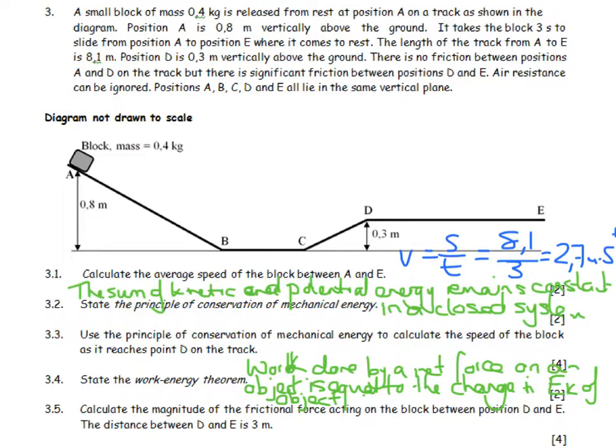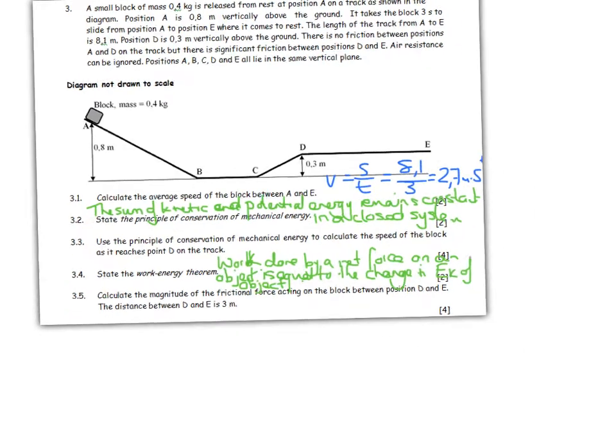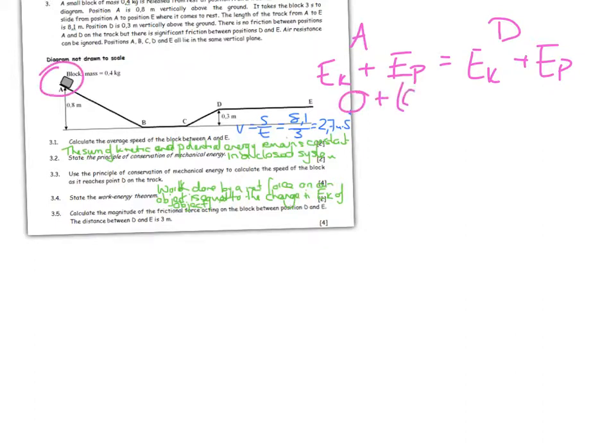So we are going to need to consider both kinetic and potential energy in this as we consider the two together. So it's going to be at point A and at point D. The kinetic energy plus the potential energy is equal to the kinetic energy plus the potential energy, and that is going to be, there's no kinetic energy, it's standing still over here, so it's 0 plus mgh, 0,4, 9,8, and the height is 0,8 is equal to a half